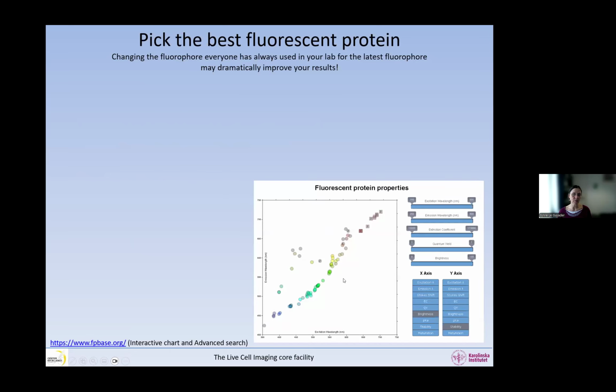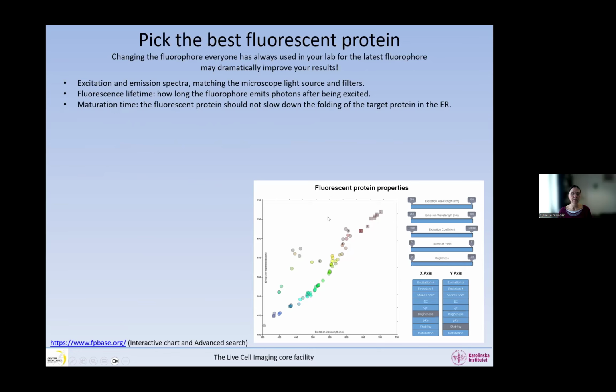So this is what FP-base looks like. And again, we will guide you through it, but you will see each of these little dots is actually a fluorescent protein. You can get the excitation emission spectra. You can pick a new protein that matches better your fluorophore, your microscope, for example. You can get to see the lifetime of the